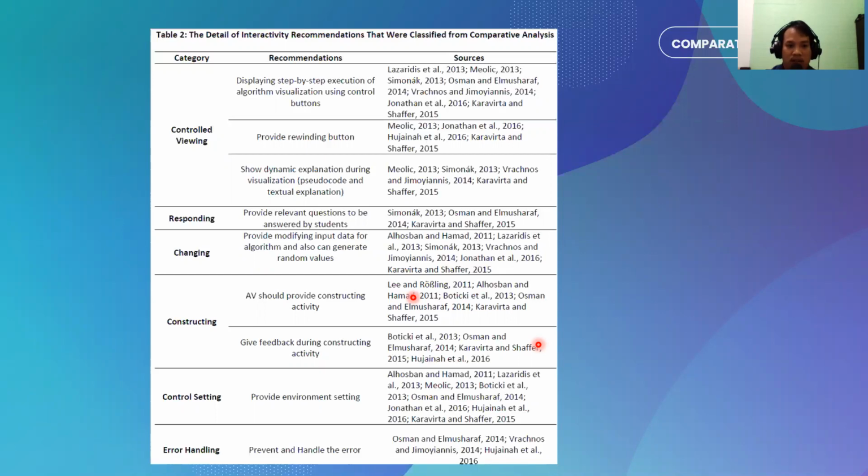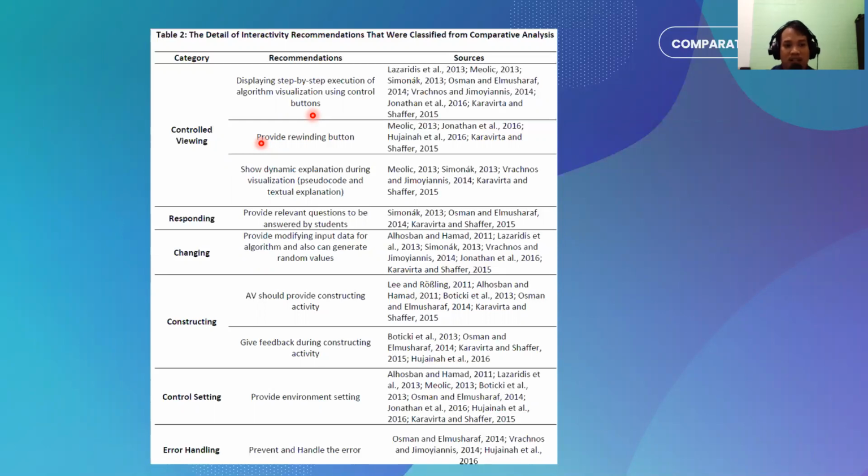So as you can see, there are 6 categories. The first category consists of 3 recommendations. In here, displaying step-by-step execution of the algorithm visualization using control buttons. This is a must that all AV systems have to have, showing the step-by-step execution. They have to be able to press the next button in order to see the next steps